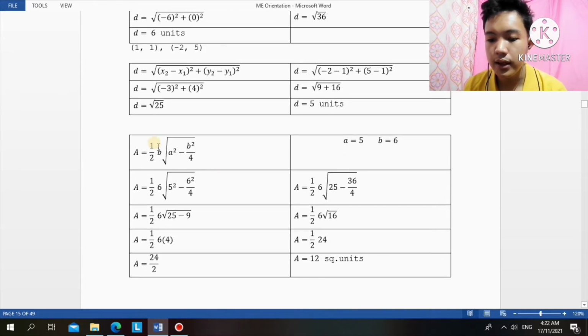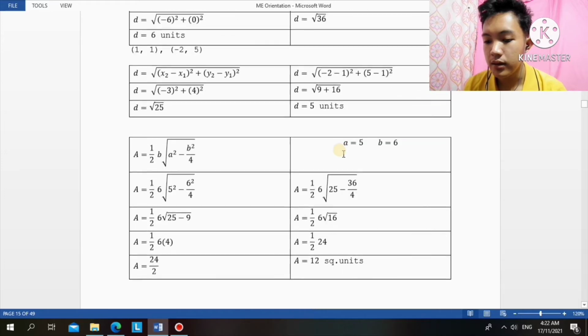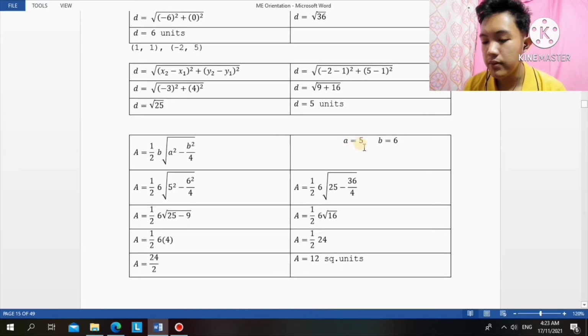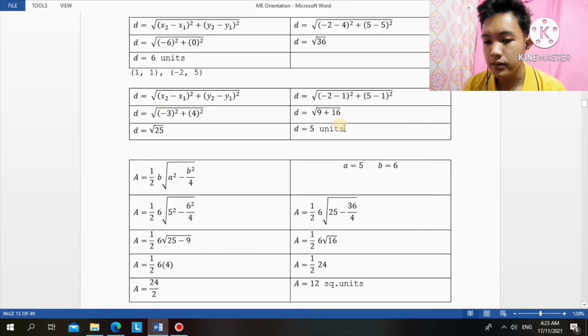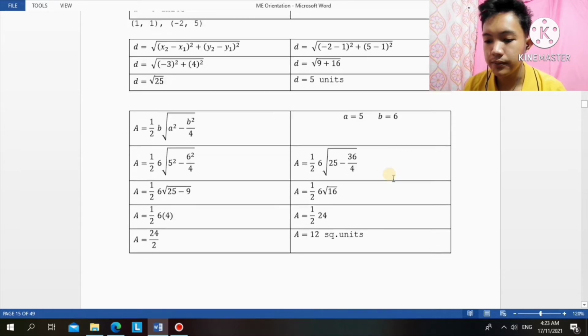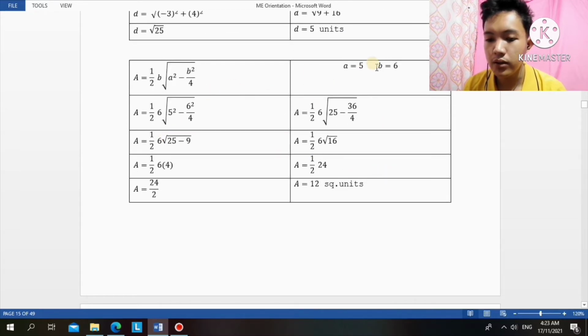So let's solve the area of the triangle. To solve, our formula is area is equal to 1 half times b times the square root of a squared minus b squared over 4. So our a is equal to 5 units from the given solution. Then our b is equal to 6. So let's substitute the values. So area is equal to 1 half times 6 times the square root of 5 raised to 2 minus 6 raised to 2